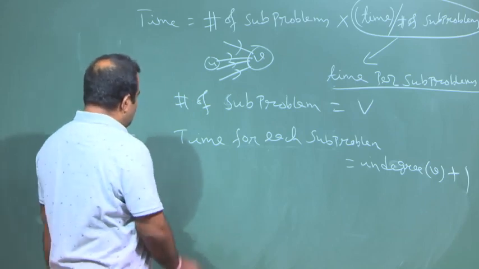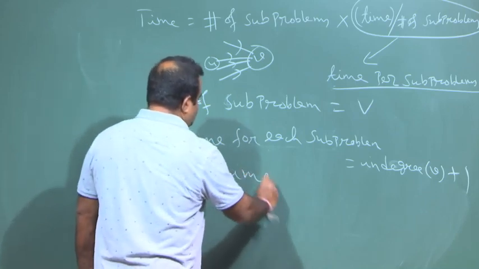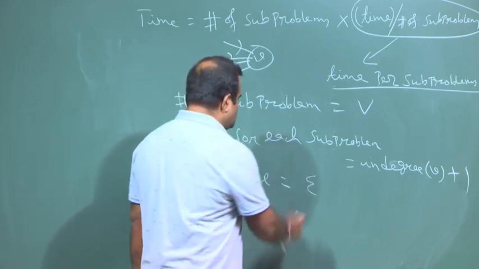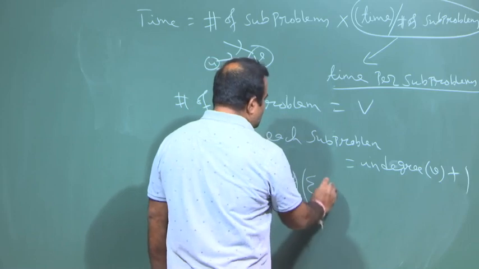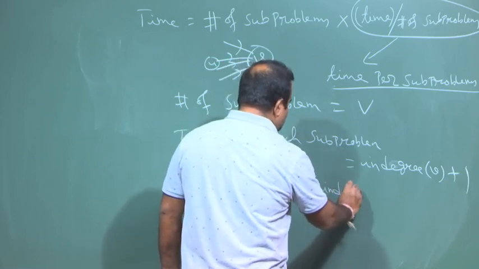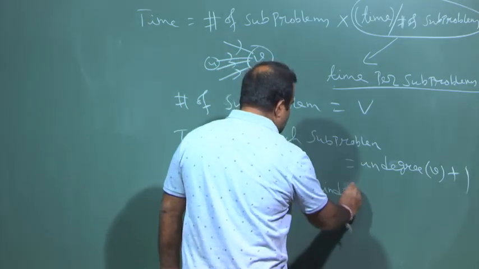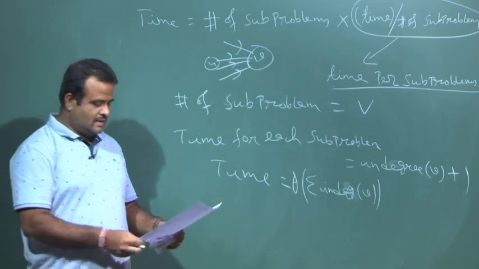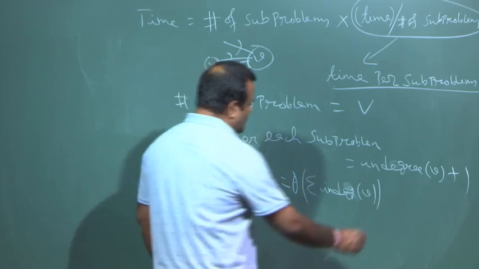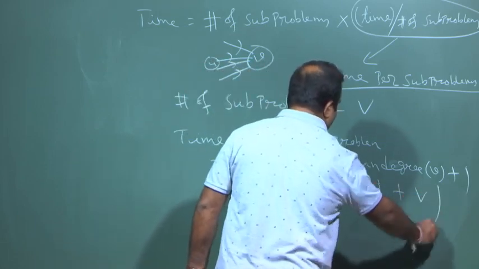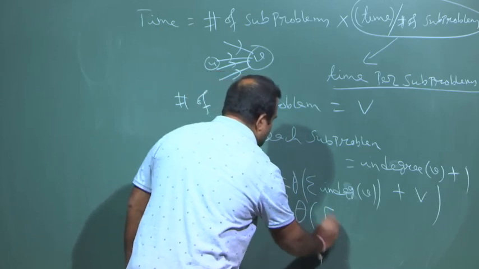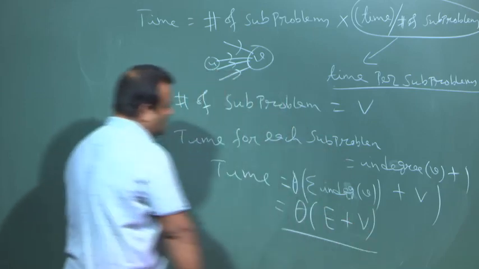Now, if you take the sum, the total time is basically the summation of, so we can put a theta over here, summation of in-degree of V plus V for this one. So, the sum of in-degree of V is basically order of E plus order of V. This is coming from